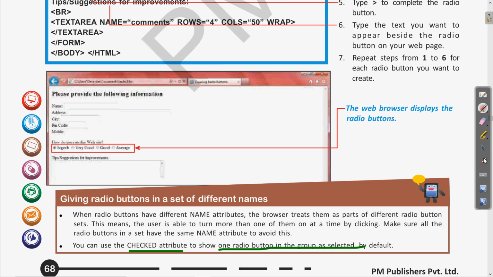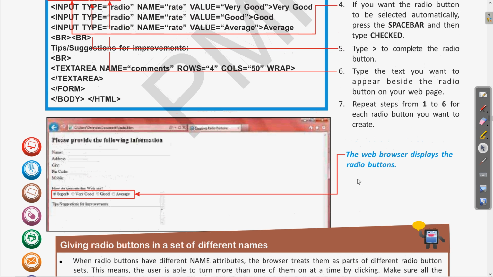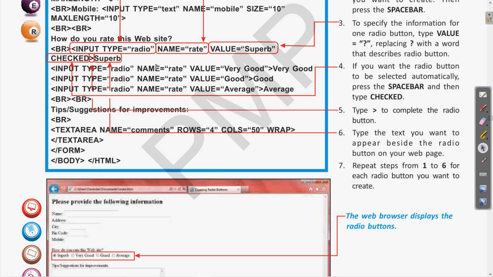When radio buttons have different name attributes, the browser treats them as part of different radio button sets. This means the user is able to turn more than one of them on at a time by clicking. So make sure all the radio buttons in a set have the same name attribute to avoid this. If you want only a single option to be selected for a given question, then we need to specify a common name.